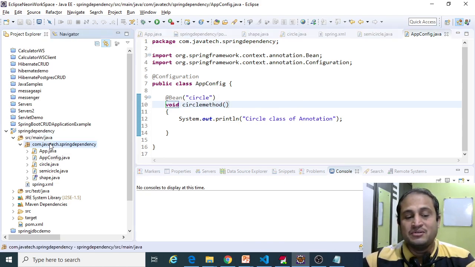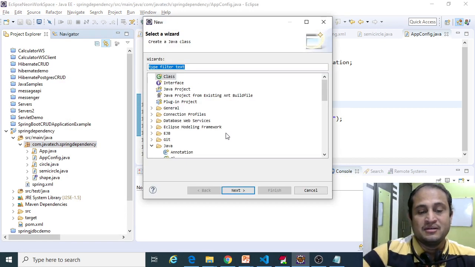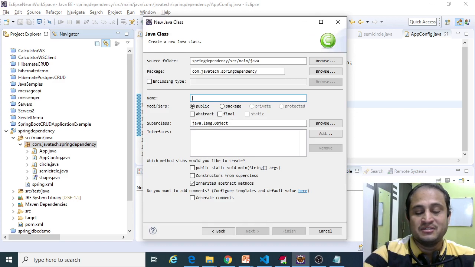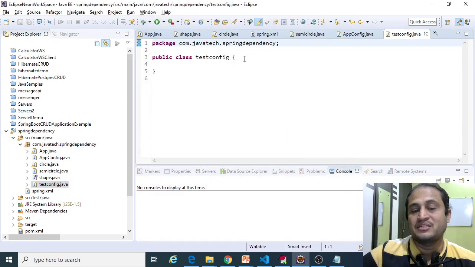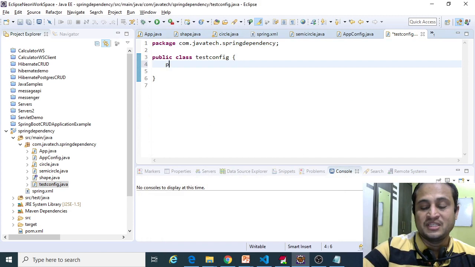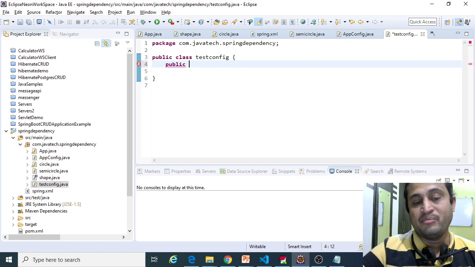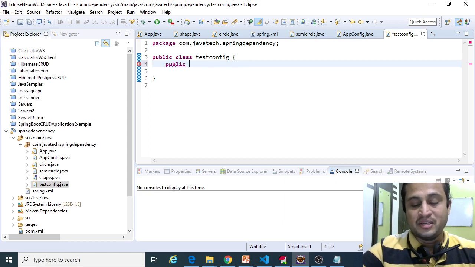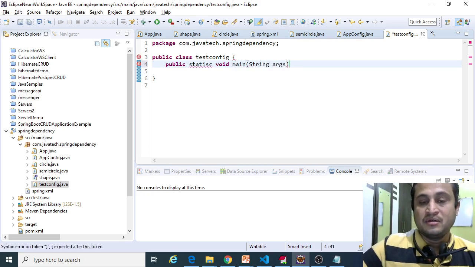How to test this out? Let me write a test class called TestConfig. I'm testing this configuration through a configuration test class. In order to do a test, we need to write a main method: public static void main, String args.